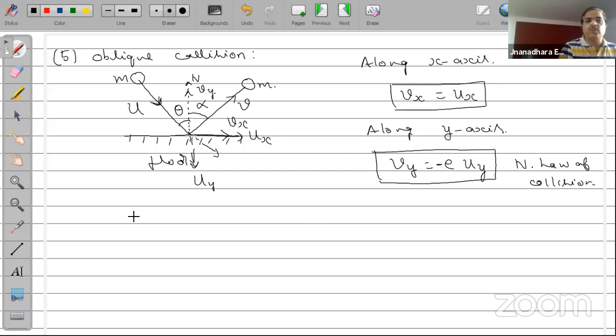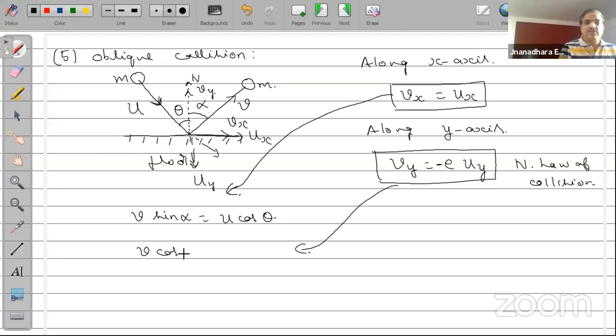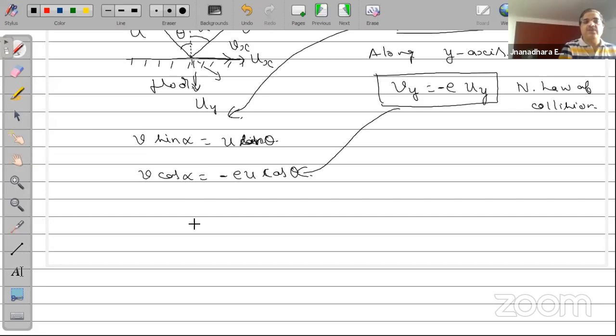Now, if I compare the two equations, I get Vx, which is V sine alpha, should be equal to U sin theta, because this is what the expression will turn out to be. Similarly, this equation is going to give you V cos alpha is equal to minus E times U cos theta. Sorry, the previous one should be sine, and this should be EU cos theta. Now, if you divide one by the other, then